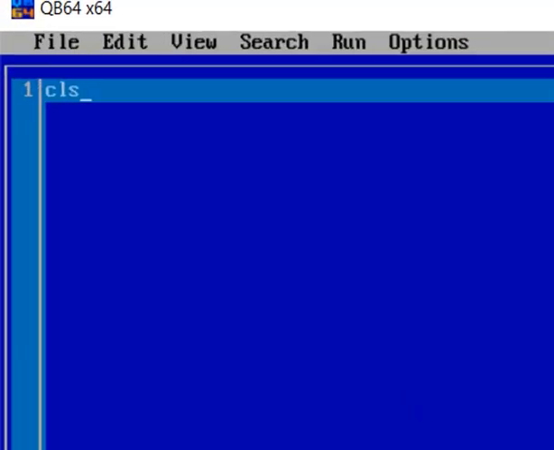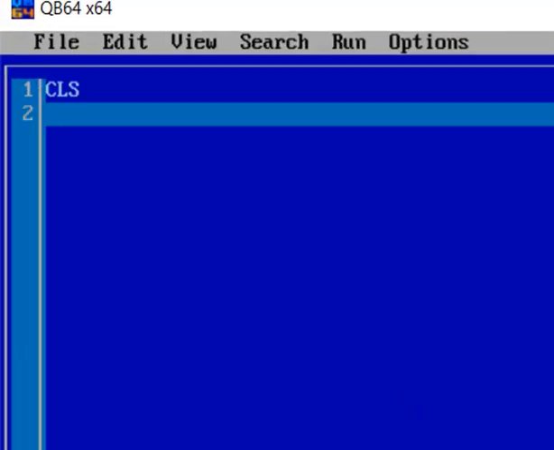I'm writing a program to display all the natural numbers from 1 to 10. First, CLS is used to clear the output screen. Now for, I is taken as a variable.